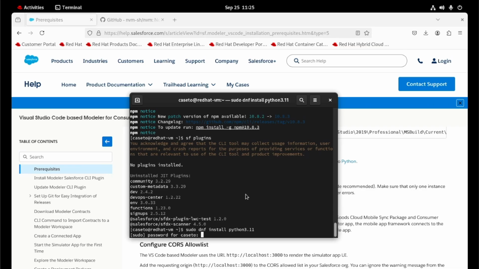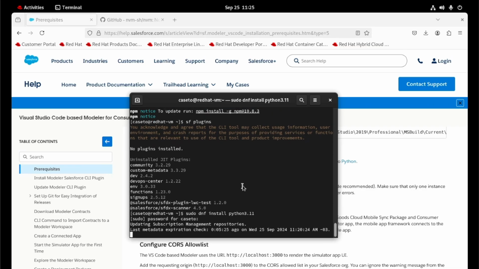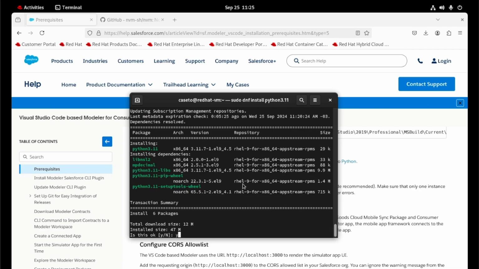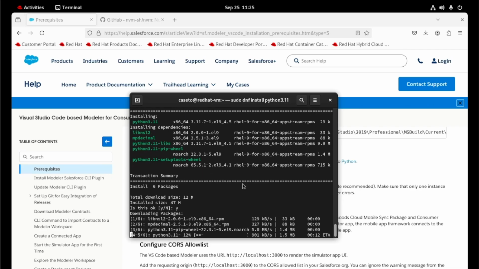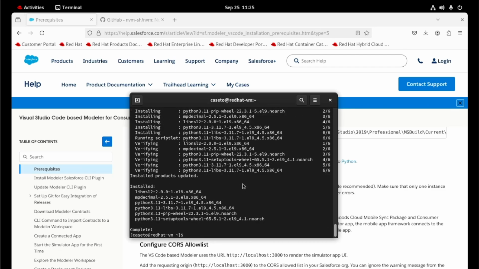Put your password, confirm the installation. Okay, now we have two versions of Python installed in the virtual machine.